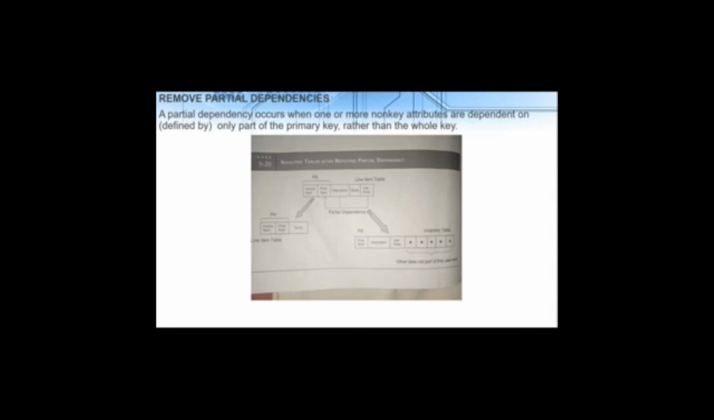At this point, the tables in figure 9-20 are in 3NF. In the line item table, the primary key, invoice number and product number, wholly defines the attribute quantity. Similarly, in the inventory table, the description and unit price attributes are wholly defined by the primary key, product number. The next step would be